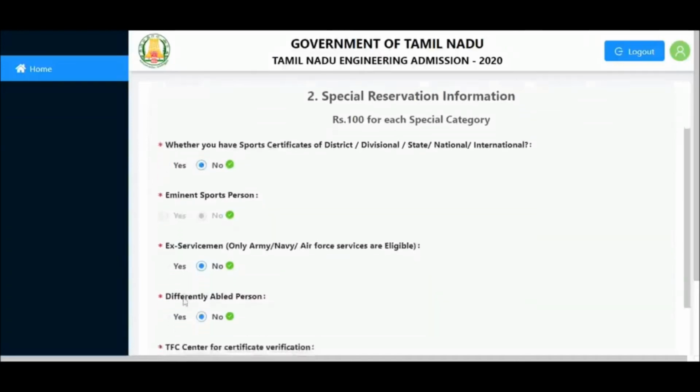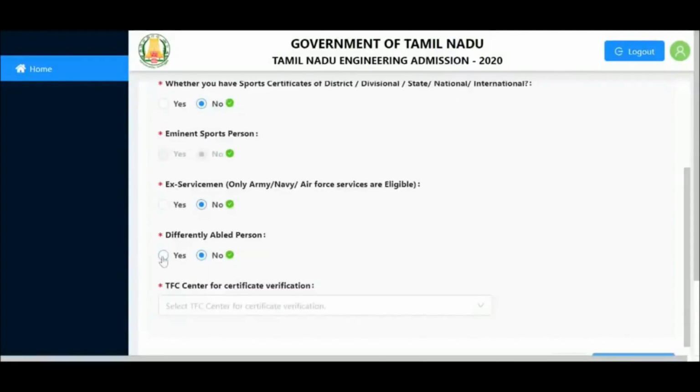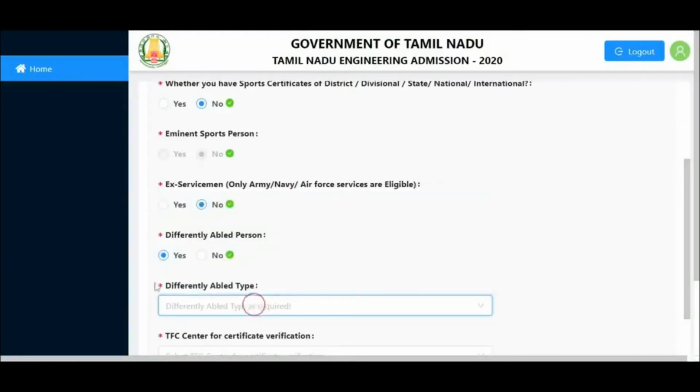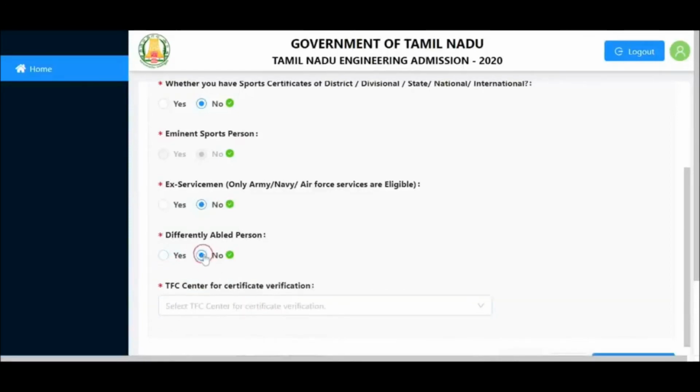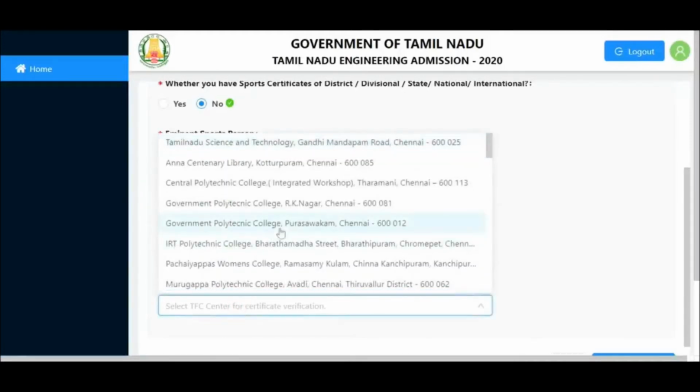So like that, 100 rupees will be extra. If you don't belong to any of these, you can select no. If you belong to any one of them, you can click yes. So you have to fill these. Sports, and you can select the college nearby for certificate verification.